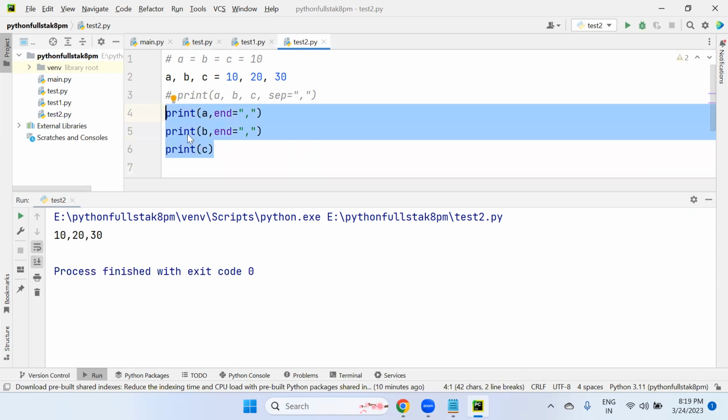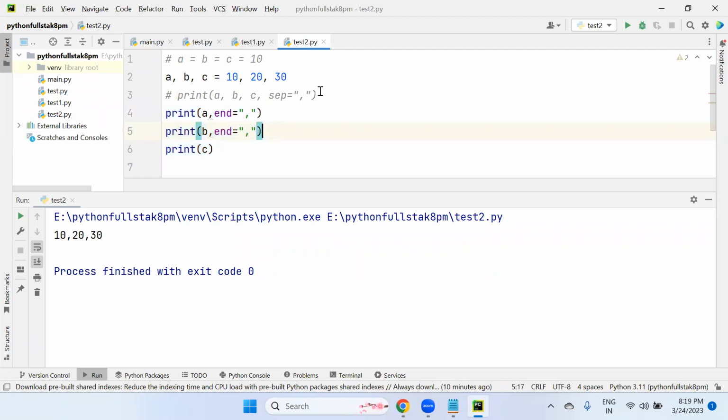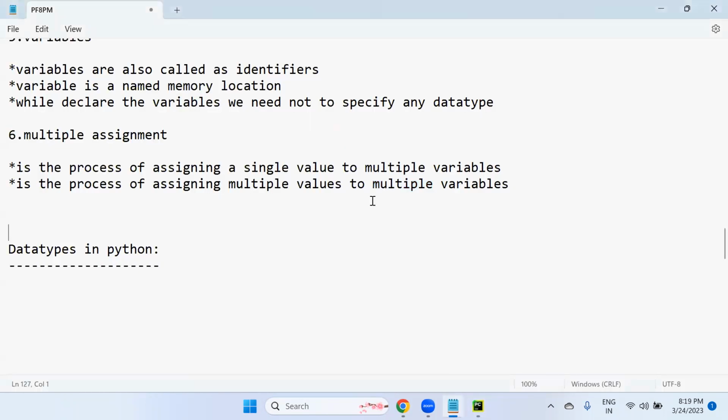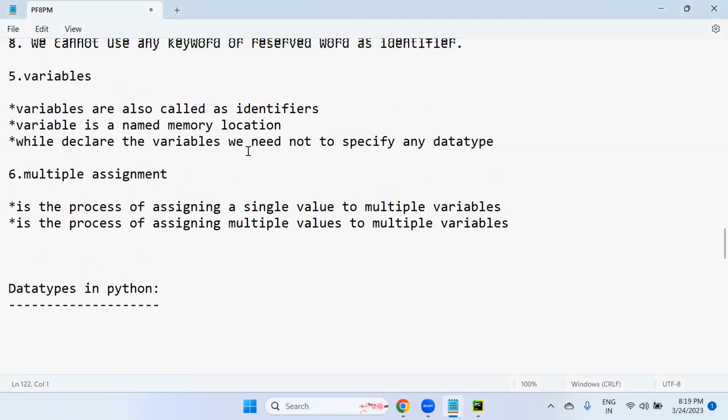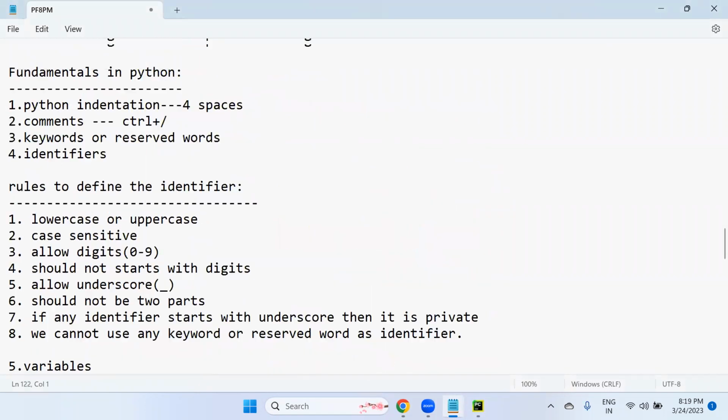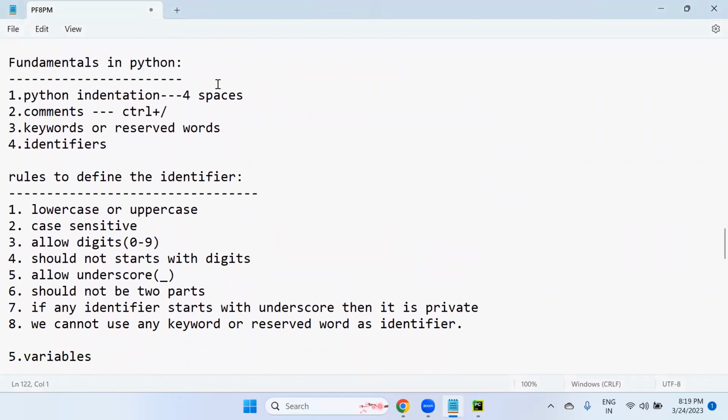So this scenario is: though you are using multiple print functions, if you still want to bring the output onto the same line, we use the end attribute. Or else, directly with a single statement, A, B, C, all three values we can display the same. This will be the same. Got my point? This is called the multiple assignment option that we have. These are all the most important fundamental concepts in Python. Everybody should follow that. Don't ignore this. If you ignore any one of these fundamental concepts, you will be in trouble in upcoming programming sessions.